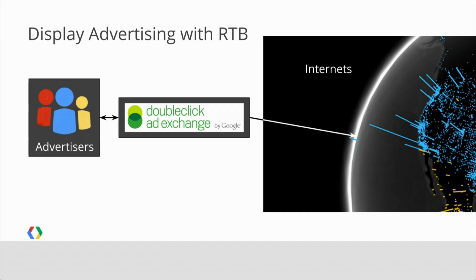So fast forward to 2010, RTB, right? RTB was invented, real-time bidding. Real-time bidding was a way to do per impression decision making. Now I want you to really think about that for a second. For every impression, you're going to make a decision. You're going to make a decision of how much you want to pay, if you want to pay, maybe you don't want this impression, and you're going to pass the creative, the ad that you want to show to the user, in real time.